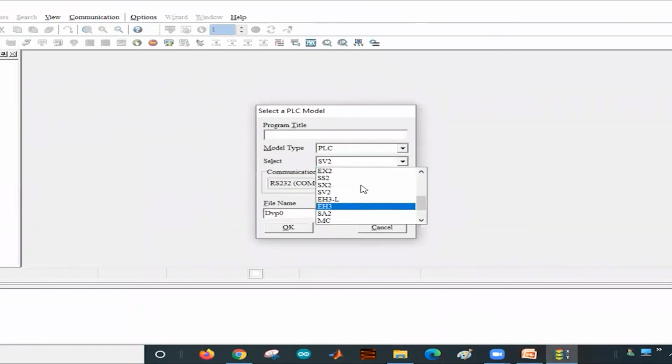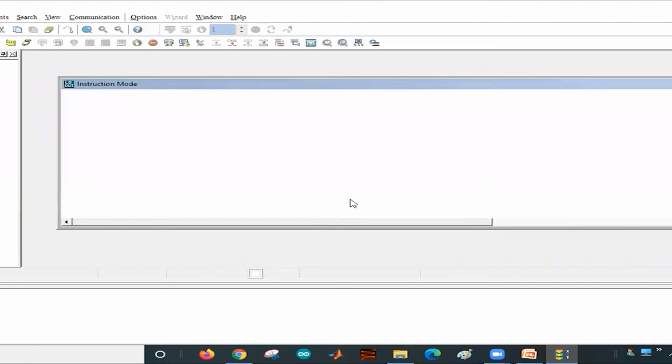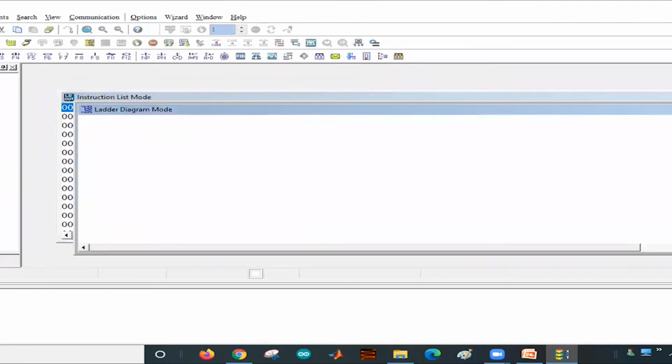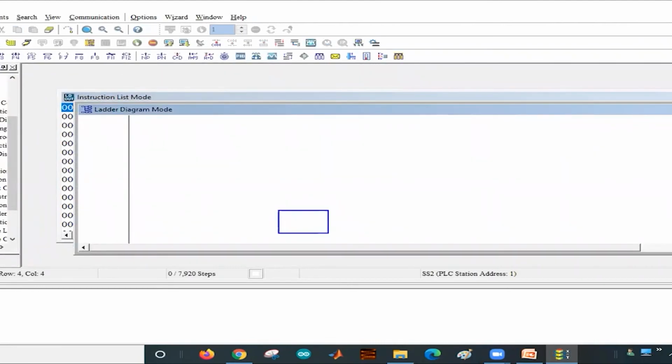Here you have to select the SS2 model. Program title is your wish, you can keep anything here. We are going to write the ladder diagram program.